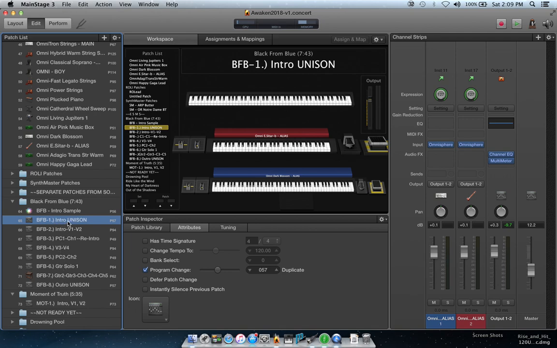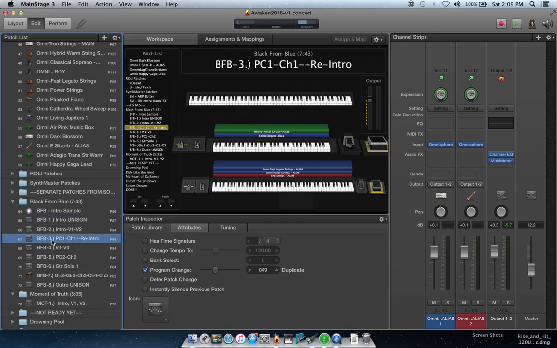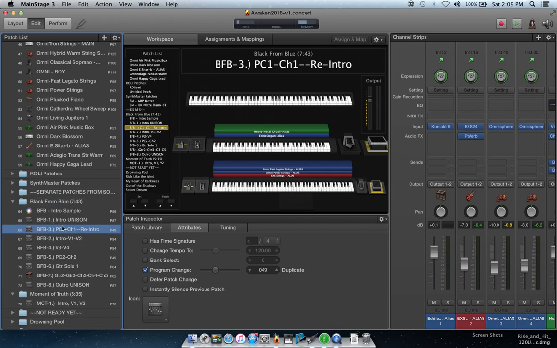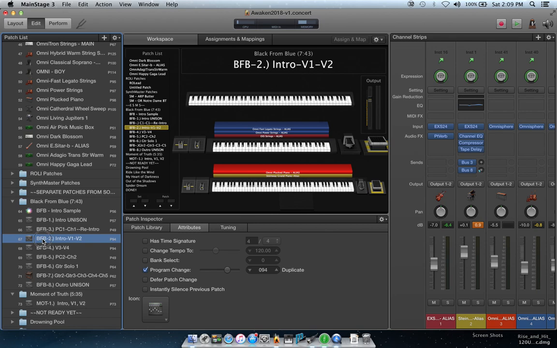And I do that because sometimes if you're working on a patch and you accidentally click something, you can actually click it and drag it around. If you don't have it numbered like this, you could accidentally do it, never know it, and you're stepping through your patches, and you're like, holy crap, what happened? So this is why I always have number 1, number 2, number 3, and I label it also for the